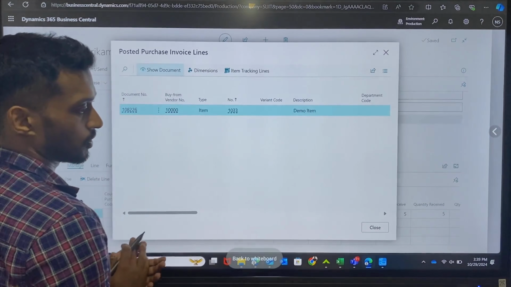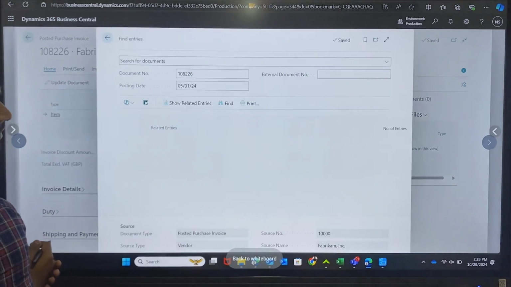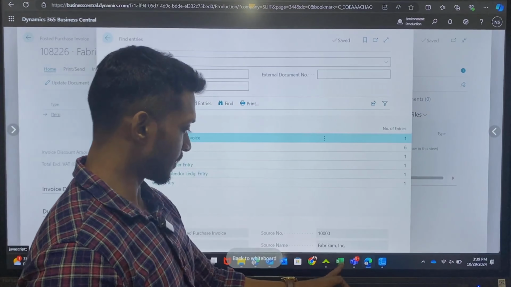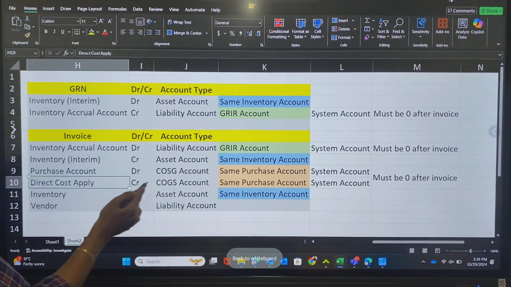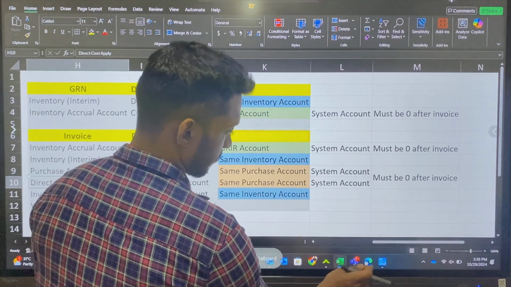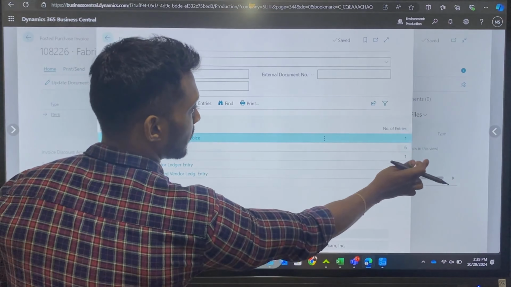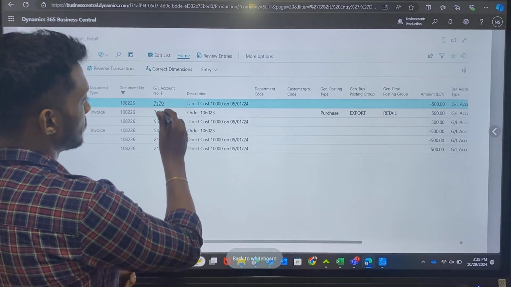Right, show document, find entries. There are 6 GL entries here in this Excel. Also we have 6 GL entries. Let's see whether my Excel is correct or not. Right, when it comes to GL entries, we have, right, this is